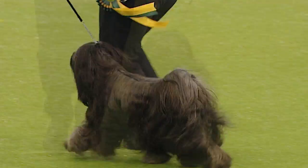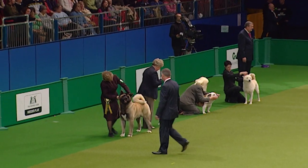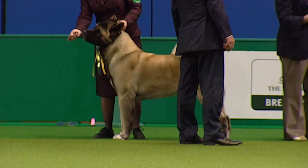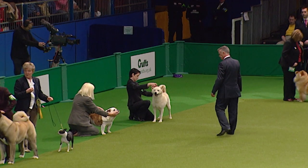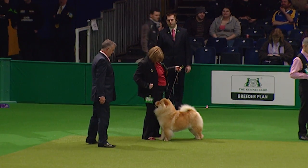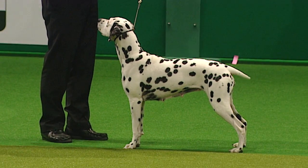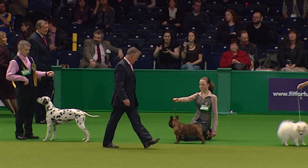Thank you very much, Graham. Welcome here to the utility group at Crufts 2009. As Graham has said, this is the third group of this Crufts so far. And the utility group, it can be argued, is probably the most diverse, with so many different types of dogs and breeds. In total here we have 24 breeds in the group today. The utility group is made up of breeds described as having several functions or uses,